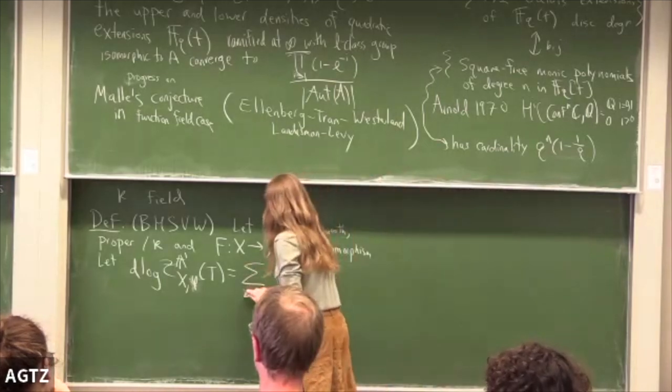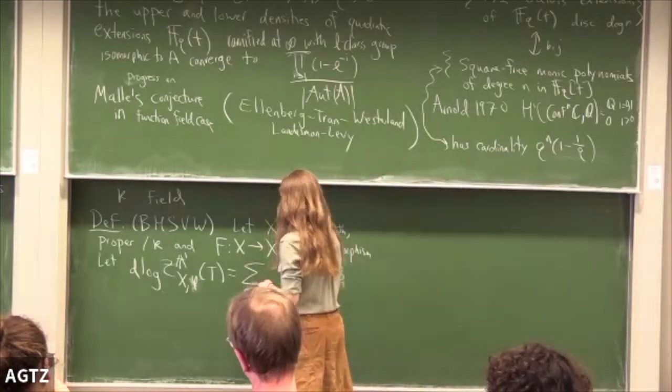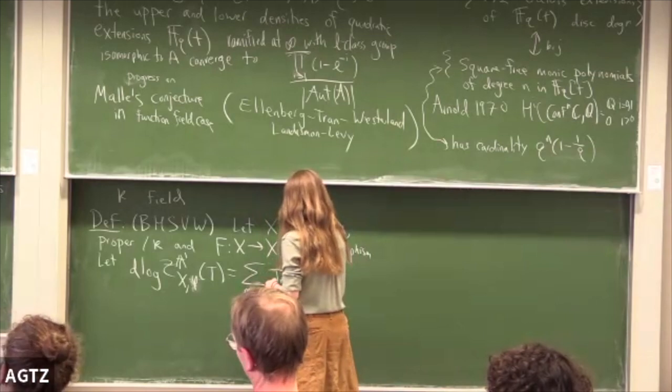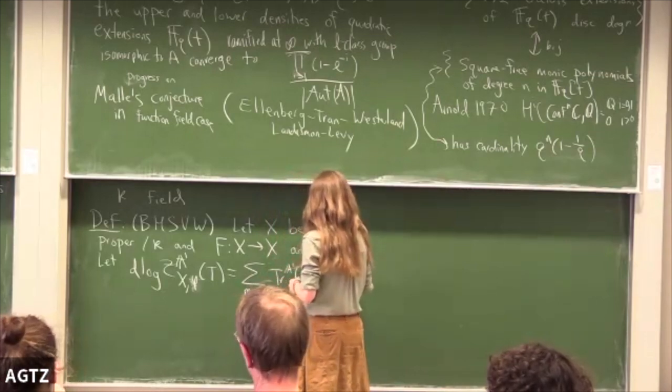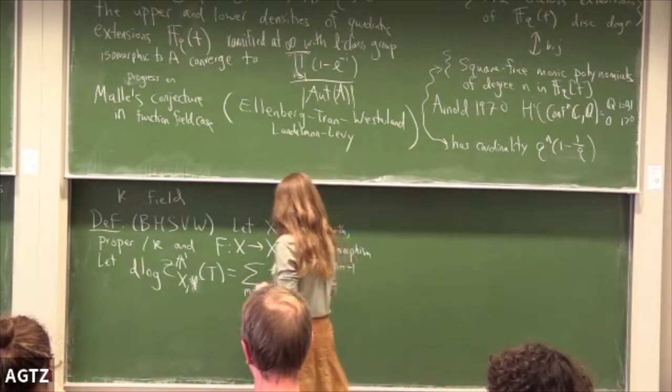So let's take the sum as m greater than or equal to 1 of the trace of f^m, t^(m-1),